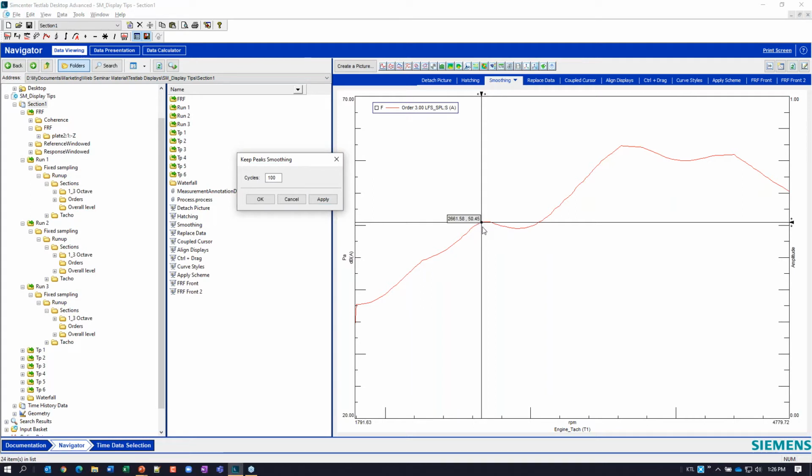The algorithm that we use to smooth this data keeps the peak values and those stay the same, and all the minima of the jaggedness are sort of smoothed up to those peaks. So I can always trust the amplitude values, even if I'm applying a heavy amount of smoothing. This is way more smoothing than I would, for all intents and purposes, ever really apply. But something like 10, maybe that's pretty reasonable. You can see some of the nice undulation in the curve, but it's a little bit cleaner to look at. But I can trust this value of the local maxima because I've used that keep peaks option.